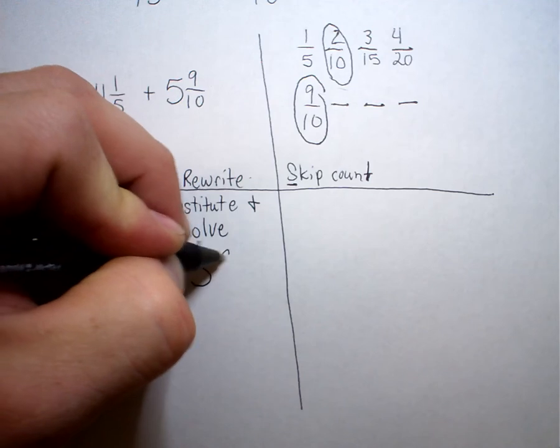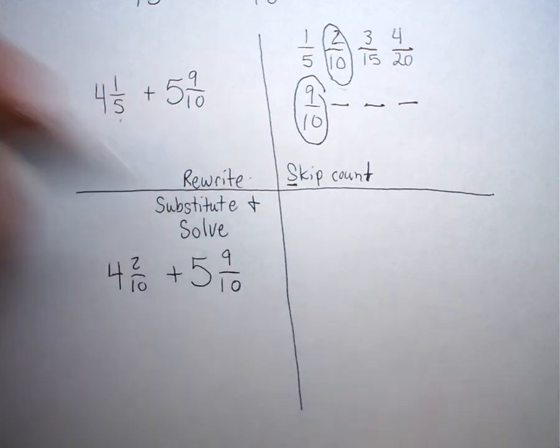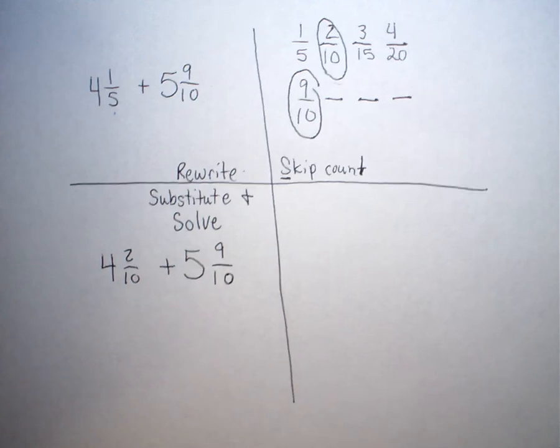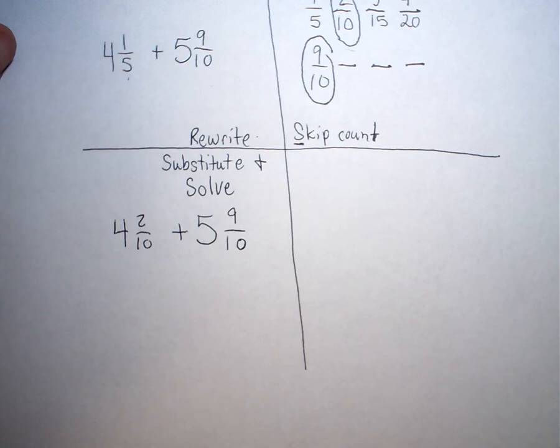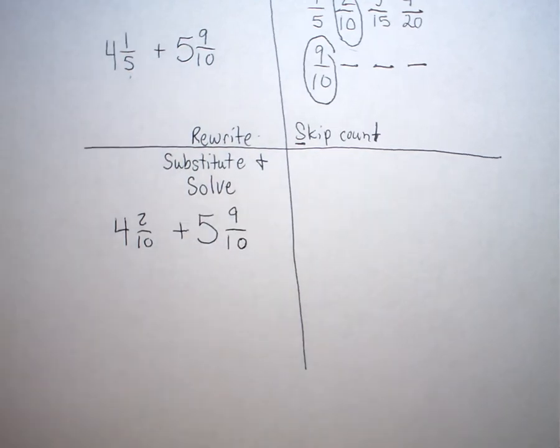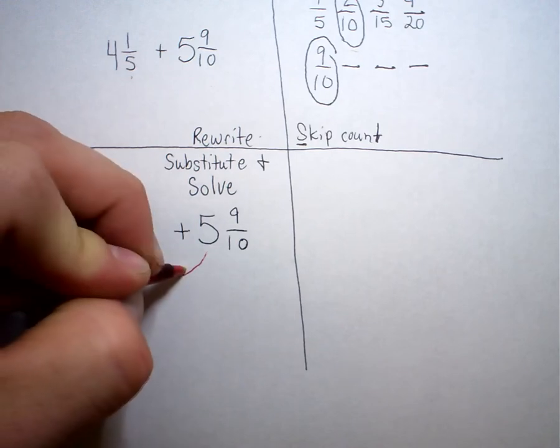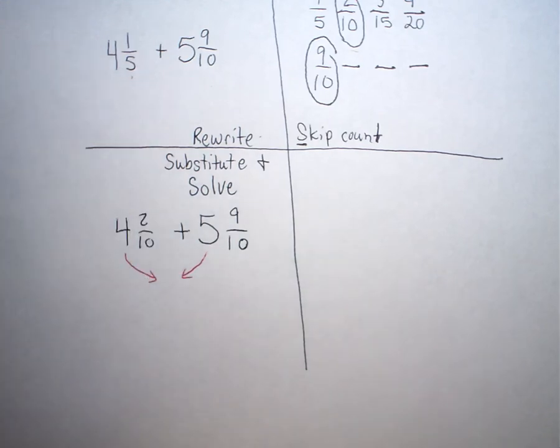I don't need to substitute anything for the second mixed number. So now I have 4 2/10 plus 5 9/10. Now I can solve. I'm going to solve in the same box. We start by, I'm going to switch colors, adding the mixed numbers together. 4 and 5 become